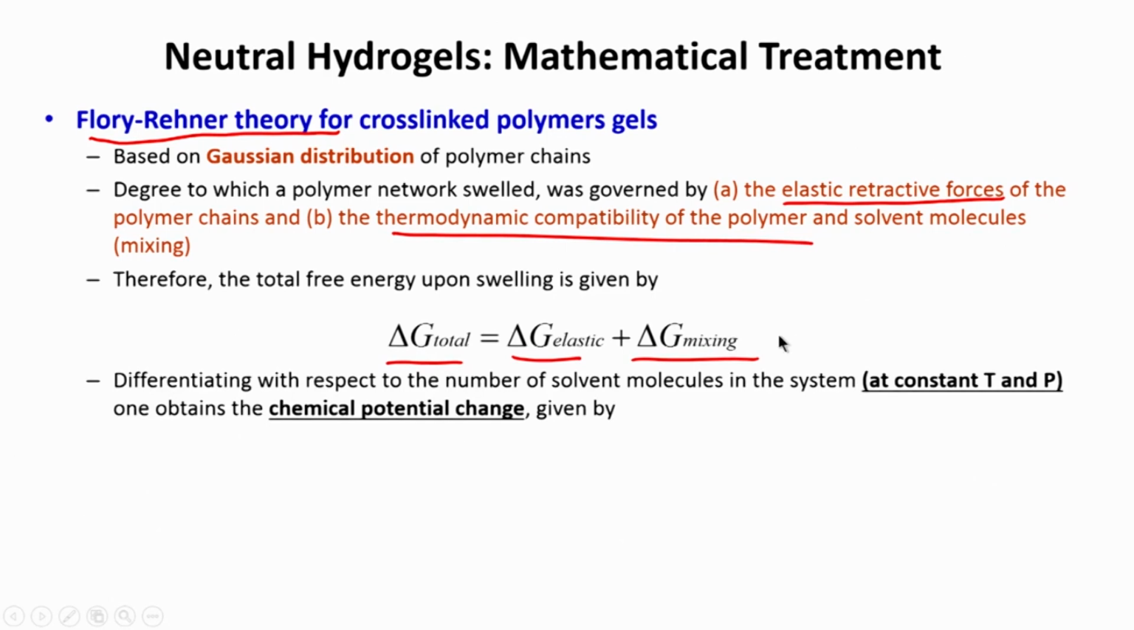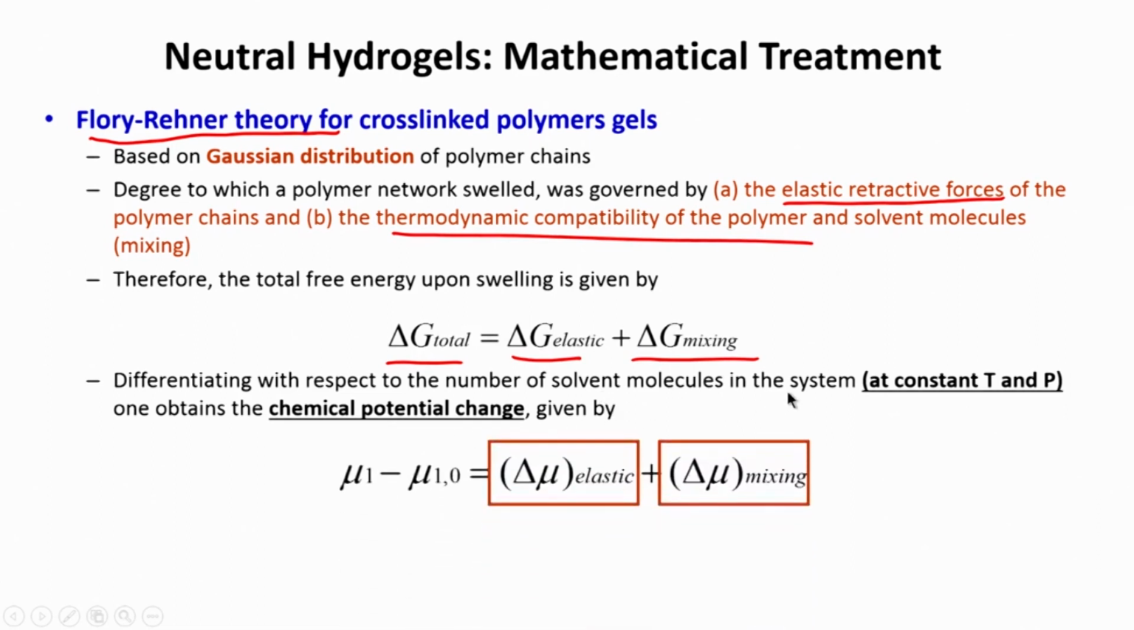Now, with respect to the number of solvent molecules in the system, we are saying at a constant temperature and pressure. Of course, if you change this, the final state of the hydrogel will change. If you increase the temperature, maybe it will swell more. If you change the pressure, maybe it will swell more or less depending on what you are doing with the pressure. So, we can then essentially convert this delta G to delta mu, which is the chemical potential change, and